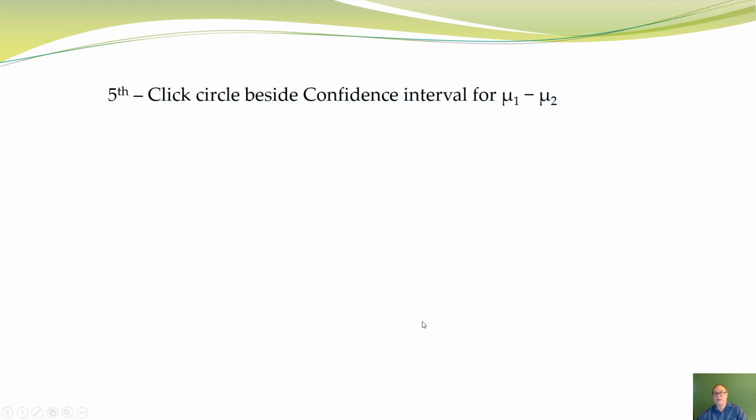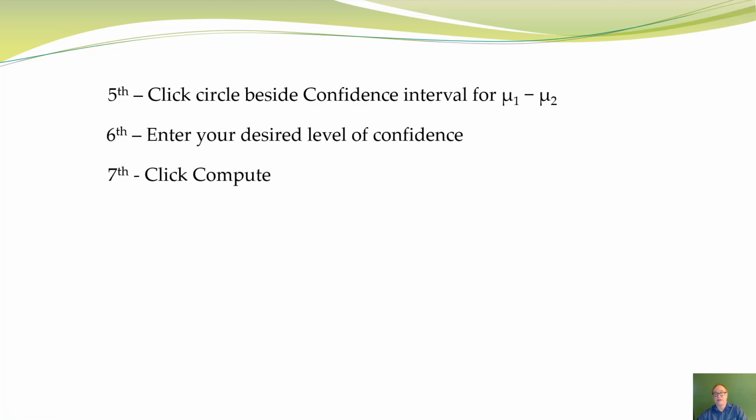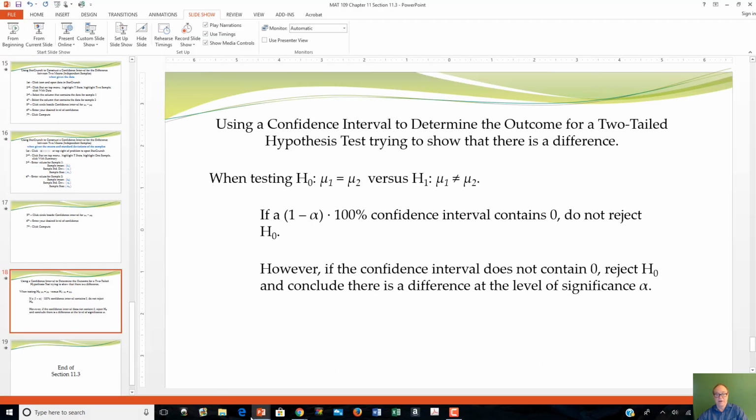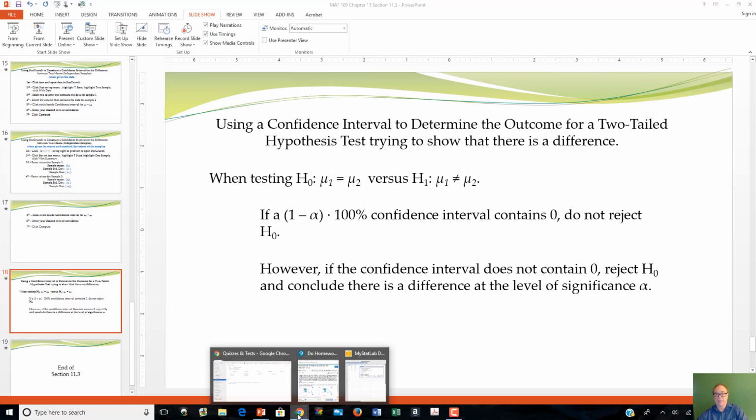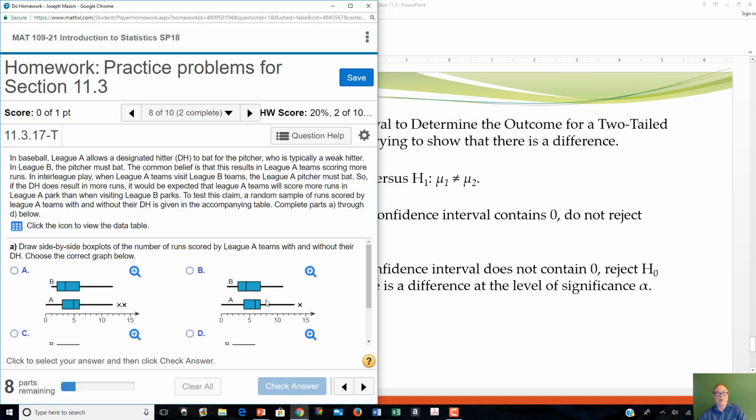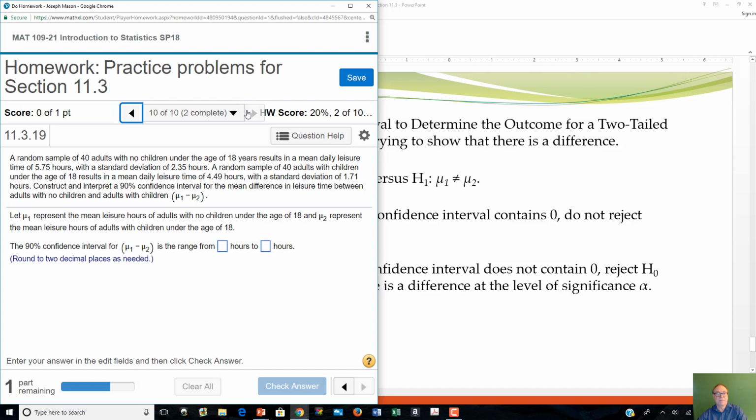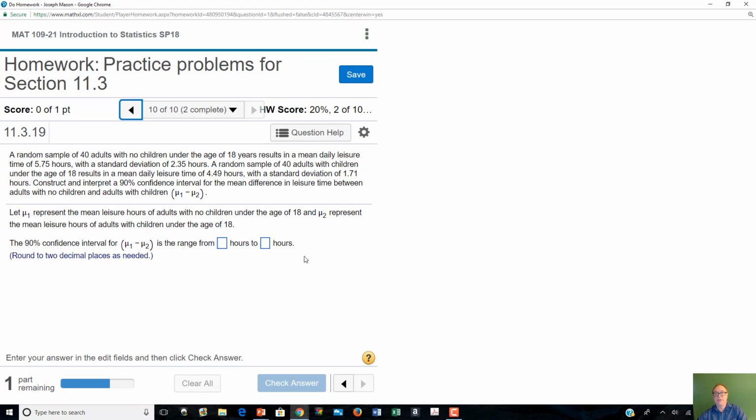And then click the circle beside confidence interval, enter your desired level of confidence, and click compute. Okay, so if I go in here to the homework, let's see if there's any for computing a confidence interval. Here's one. So if I open this up,